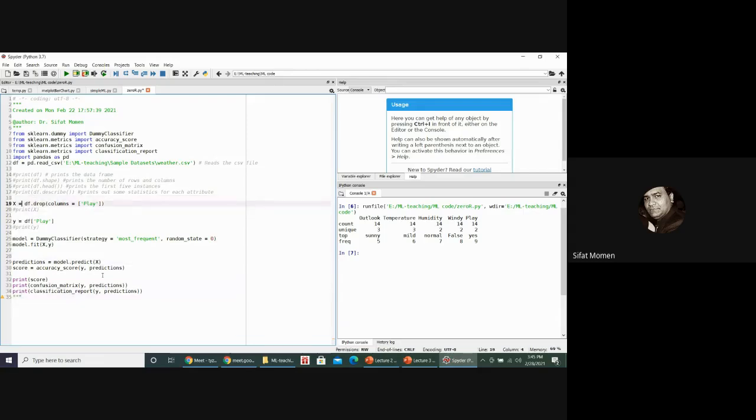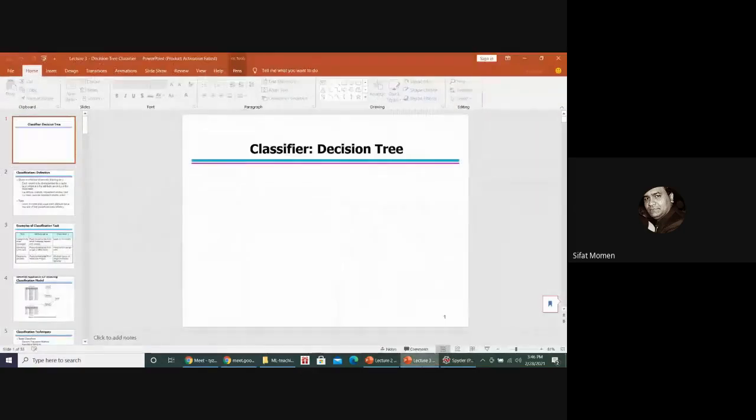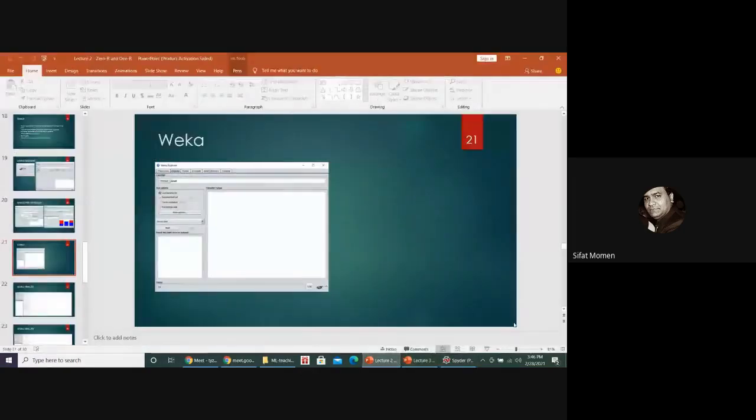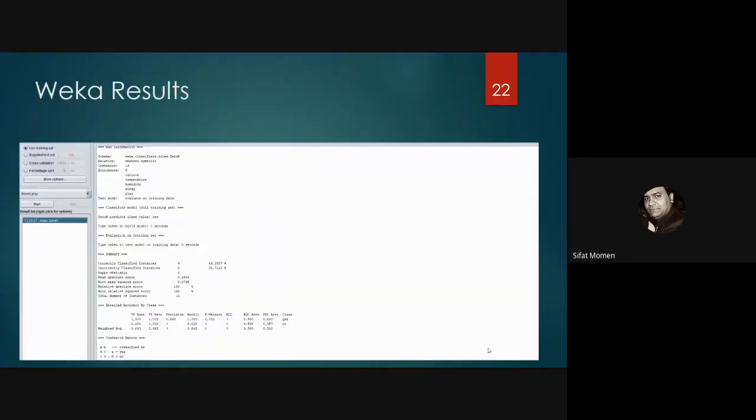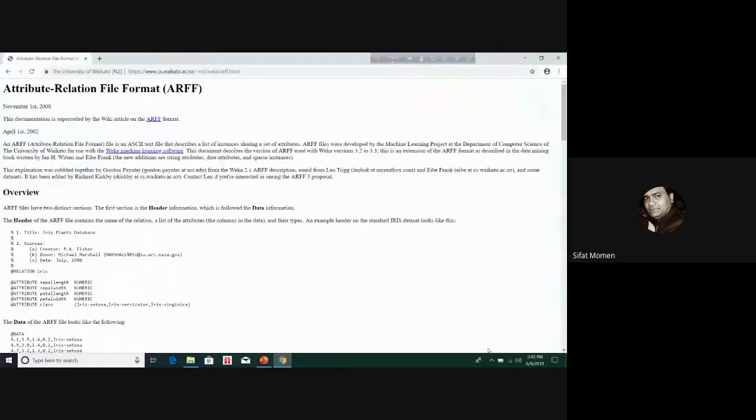Now, I'm going to write a very interesting command. df means what? Data frame. Data frame এর মধ্যে কতগুলো attribute আছে? 5. আচ্ছা, okay, then there is one thing I probably did not tell you. একটু দেখি আমরা লাস্ট টাইম যেটা করেছি ওয়েকা রেজাল্ট করেছিলাম, ওই যে এগুলো অ্যাট্রিবিউট রিলেশন ফাইল ফরম্যাট।